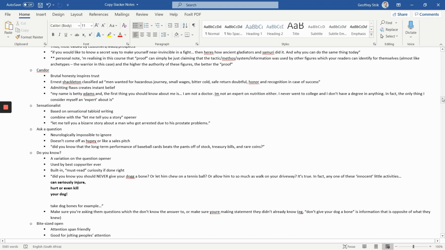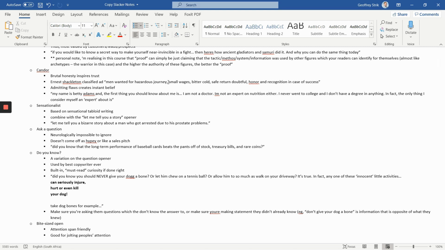So let's move on to the next one, candor. This is brutally honest and inspires trust. Owner Shackleton classified ad: Men wanted for hazardous journey, small wages, bitter cold, safe return doubtful, honor and recognition in case of success. So basically, you're just going to be using absolute brutal honesty. You're not going to be sugarcoating anything. And that example ad there actually came from an ad very long ago for an arduous journey, or hazardous journey, it states. And rather than saying,